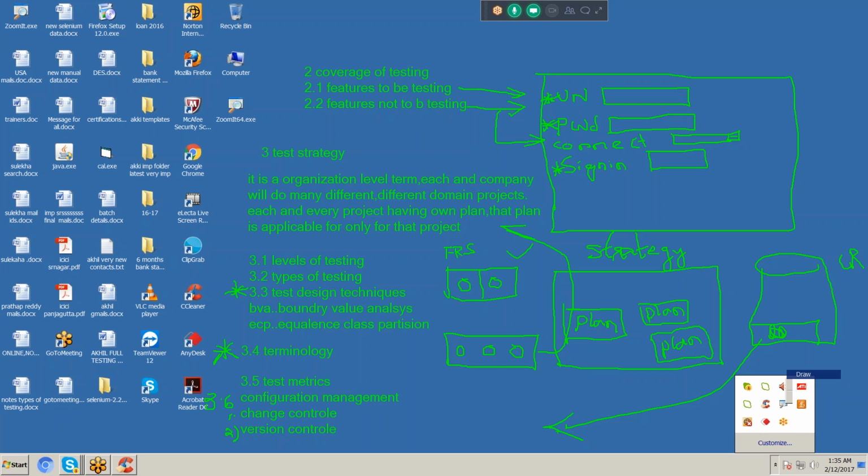Change control means, you are the customer, madam. You said two buttons in the application. I'm the developer. I'm developing two buttons. In the middle of the project, you came to the company and requested, sir, I said two buttons, but I need three buttons. So based on your requirements, I developed three buttons. I am sending it to the testing department. The test engineers will treat it as a defect and send it to the development department. Then I will give an explanation. Actually, madam came to the company and she added one more requirement. That's the reason we developed it like this. Okay, the issue was closed.